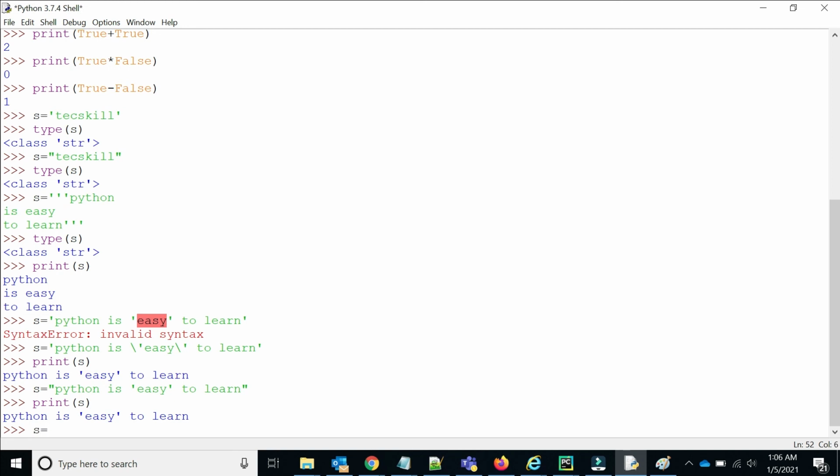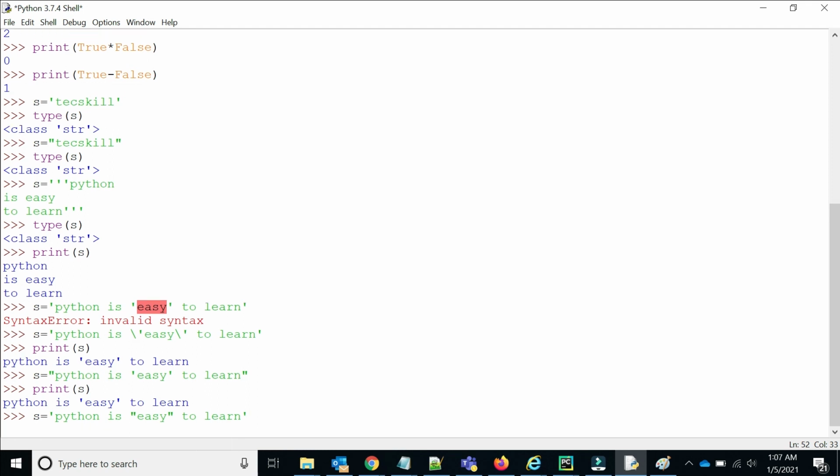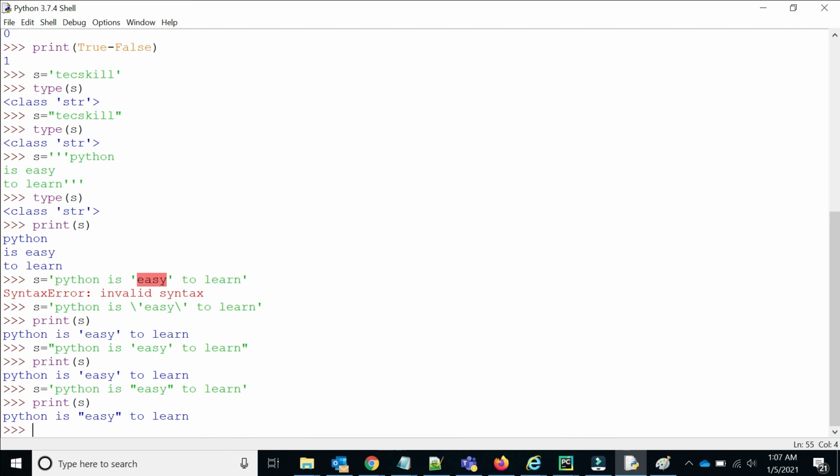Let's take 'Python is "easy" to learn'. If within a single quote you take a double quote, then you will get that double quote also in the string. So let me print, then you can get it. So you can see this double quote we are displaying in that string.